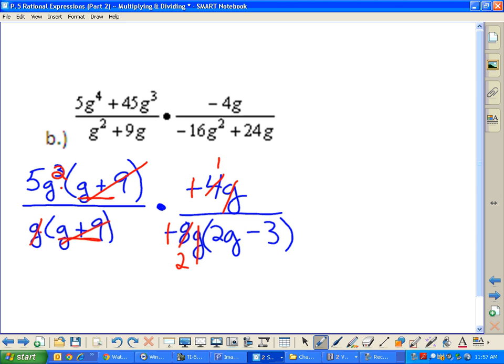Now I'll try to cancel diagonally if I can. As I look diagonally across the problem, I have 5g squared left in the first numerator. It's not going to cancel with 2g minus 3. So I go to the other diagonal, and I have nothing left. So to finish that up,